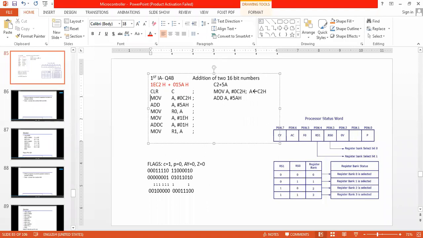Then A will be loaded with the previous number C2 plus 5A, the direct number provided by the user. So what is C2 plus 5A? It's going to be 1C.